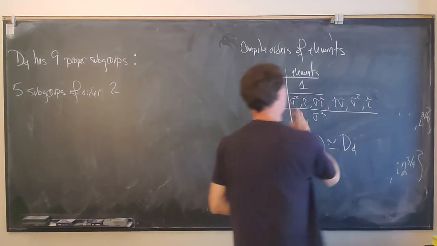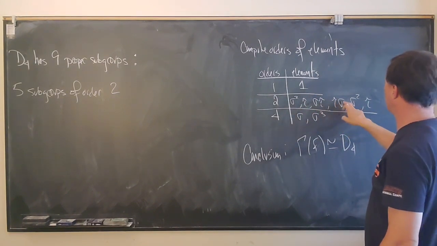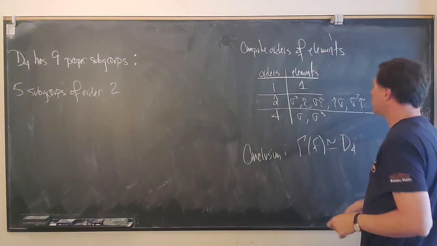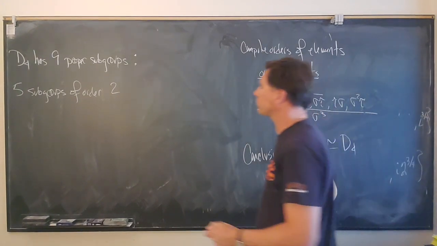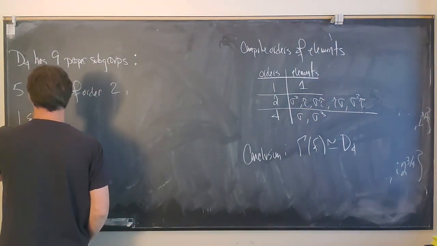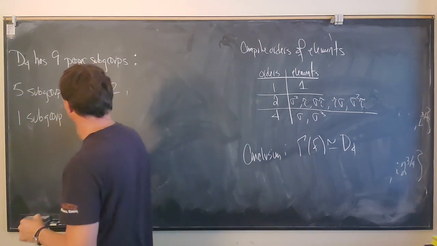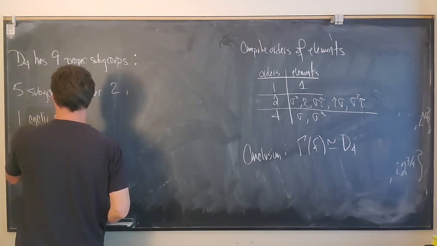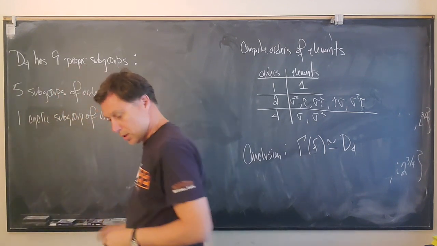Right, 1 corresponding to each. What's wrong here? 1, 2, 3, 4, 5, 6. Oh, sorry, that should say sigma squared times tau. So there are 5 subgroups of order 2, 1 for each of the elements of order 2. There is 1 subgroup of order 4, 1 cyclic subgroup of order 4. Yeah, 1 cyclic subgroup. And then